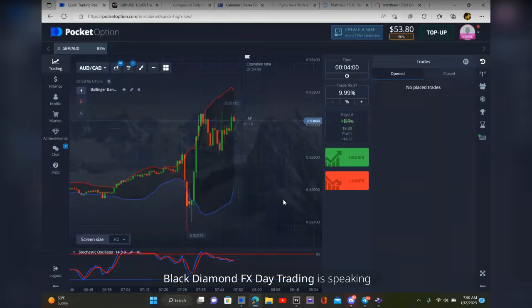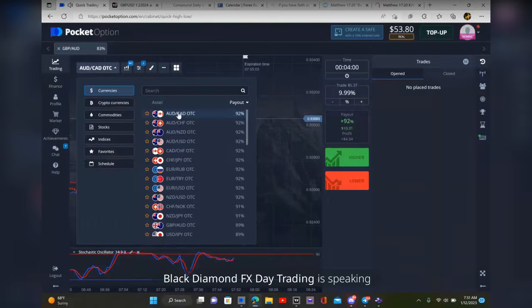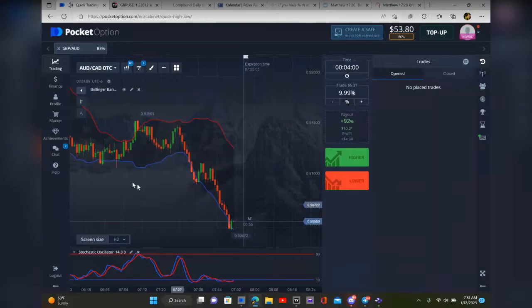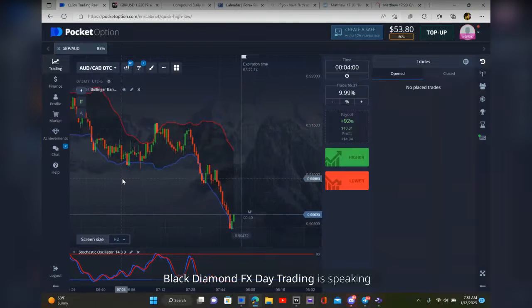All right, so take a look at this. AUD CAD. This is what AUD CAD is supposed to look like. Notice it doesn't have OTC next to it. Now you would think OTC AUD CAD is going to look the same. Nope. Check this out. See how it got almost an M pattern right here? Let's look at the AUD CAD OTC. Totally different. Y'all see that? That's a big difference, and that's how I've been messing up.